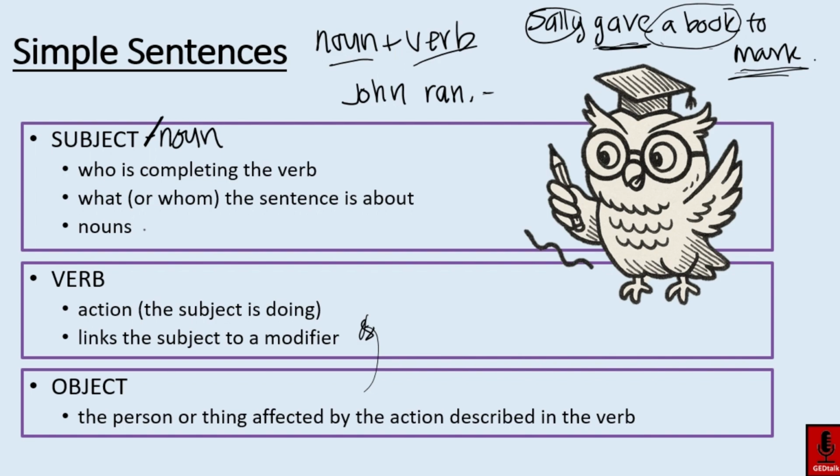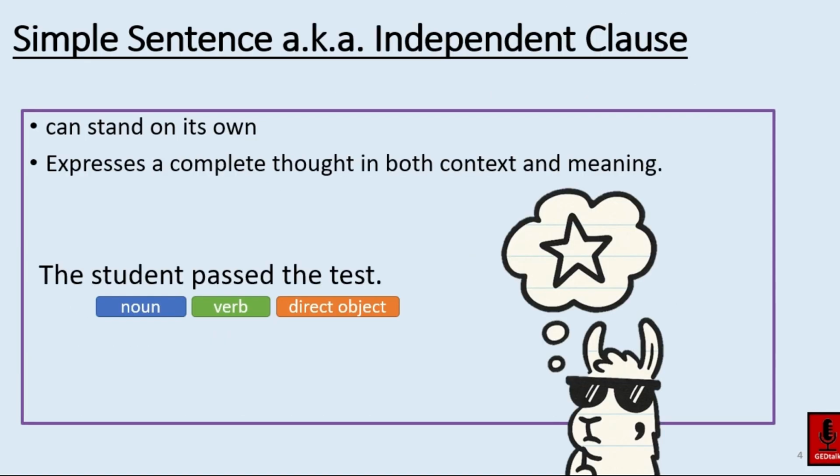And also make sure that you are including the object in your sentence so it doesn't turn out to be a simple, "I wrote it when I was in grade school" sentence like we see up here with "John ran." One more thing I want you to make sure you know about simple sentences is that simple sentences are considered to be independent clauses, which means that they can stand on their own because they express a complete thought in both context and meaning. So that means that when someone reads your simple sentence, because it has all the parts